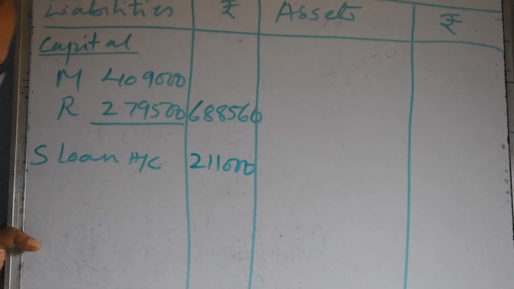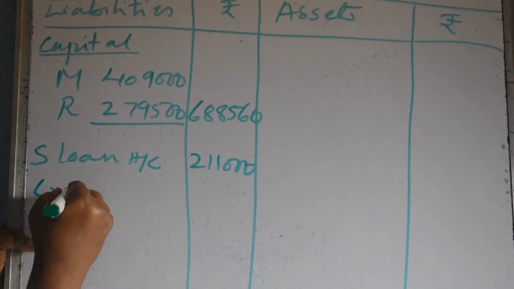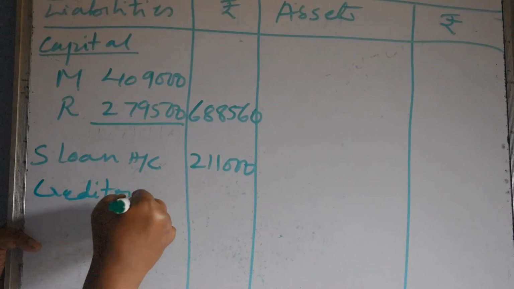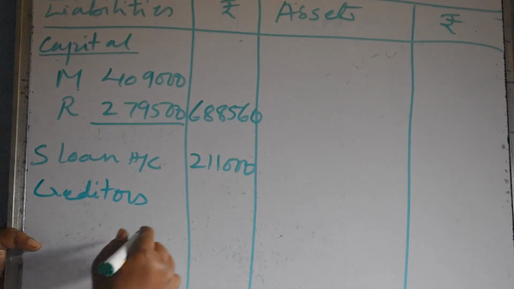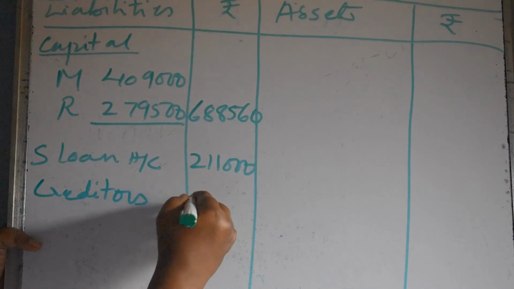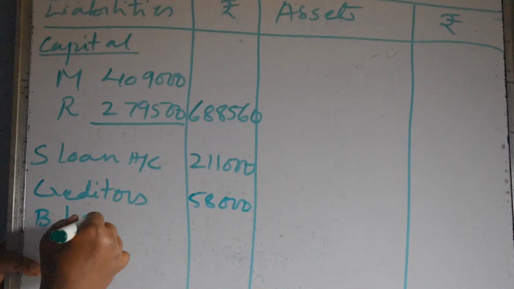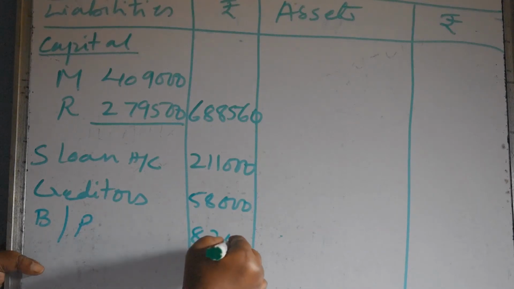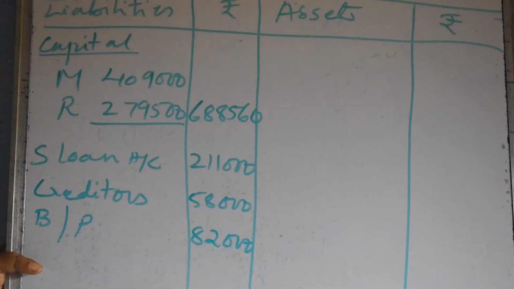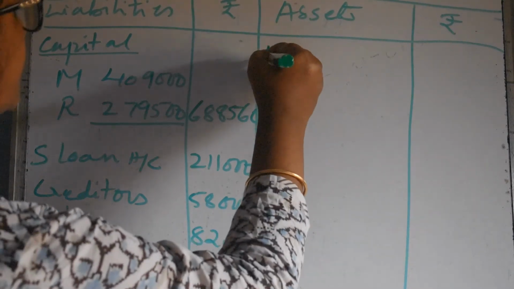Now the remaining items you have to bring, whether adjustment is there. No. So creditors, bring them as they are. Creditors 58,000 and bills payable 82,000. Okay. Now come to the asset side. So building